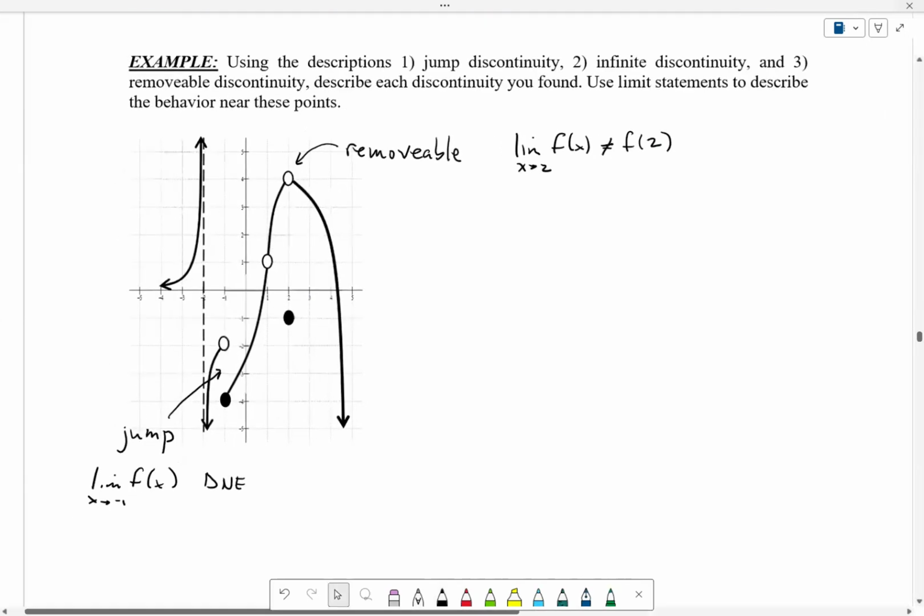Okay, which leaves 2 more. What do you think this one is? Infinite discontinuity. And the way to justify that, well, you're going to have to use the symbol for infinity. How do you think you're going to use this? By saying the limit as x approaches -2. Now you have a choice, either from the left or the right. Doesn't matter what you say. I'm going to say from the right